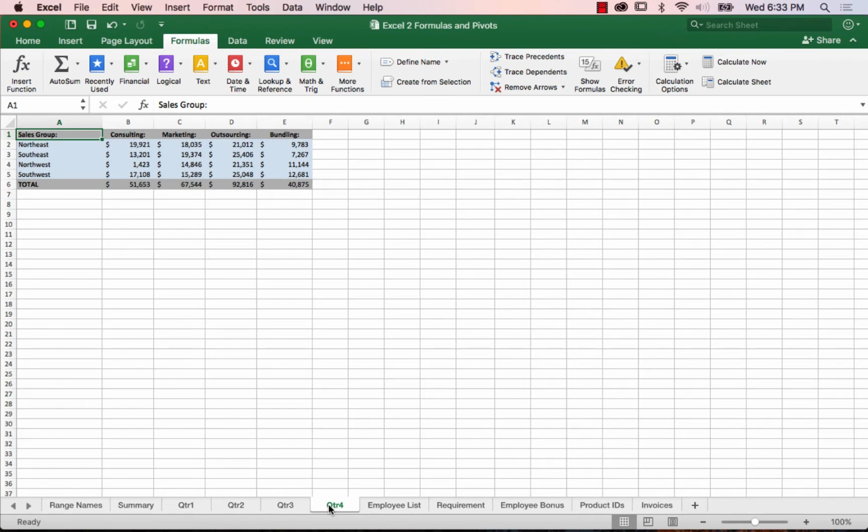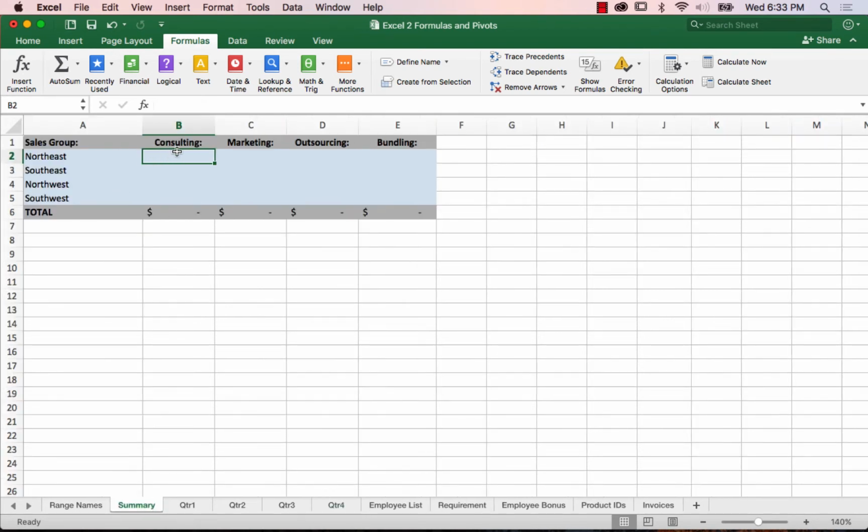So a lot of spreadsheets I see created in business situations, the analysts and the people preparing the spreadsheets will have the raw data, and they'll create a spreadsheet, which some people call a top sheet, that just summarizes stuff, and then you can present that to the executives, and if they want to see more detail, they can go into the individual sheets. So let's go back to the summary sheet,